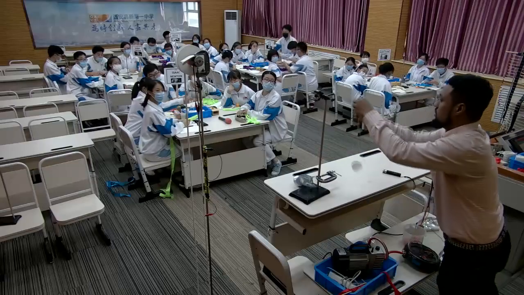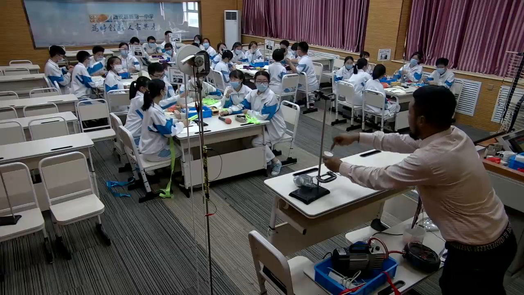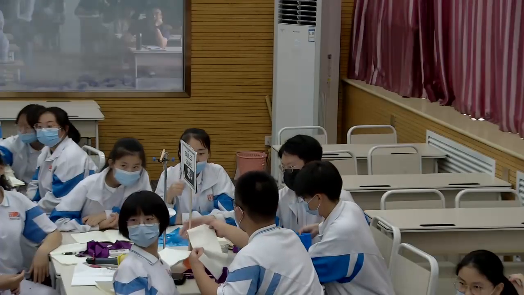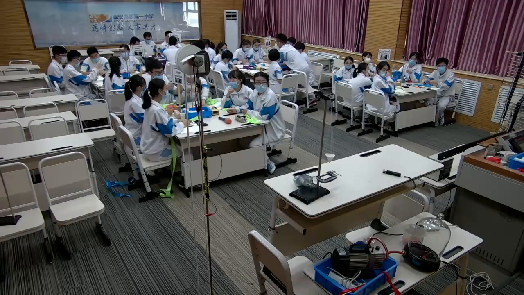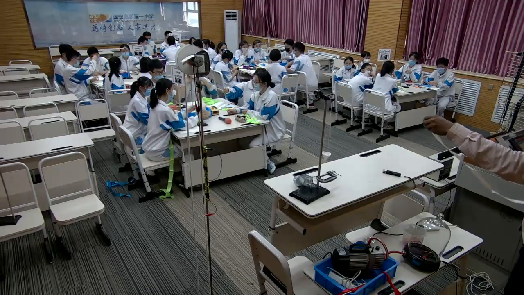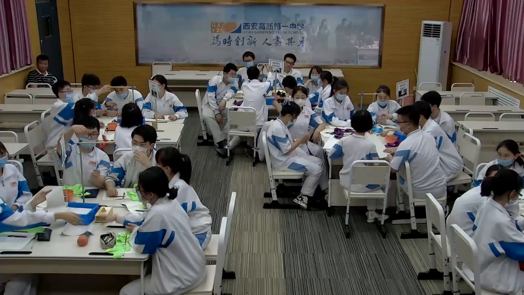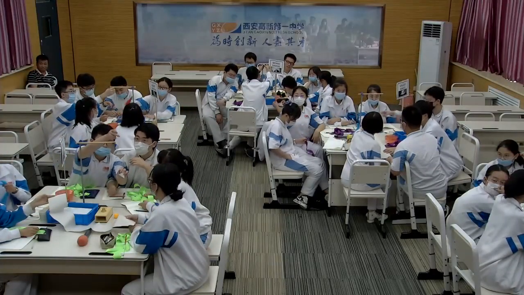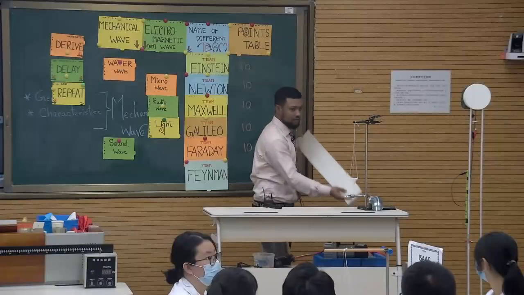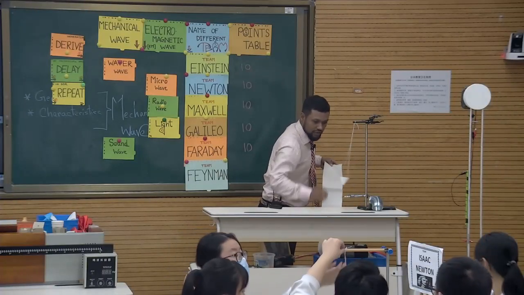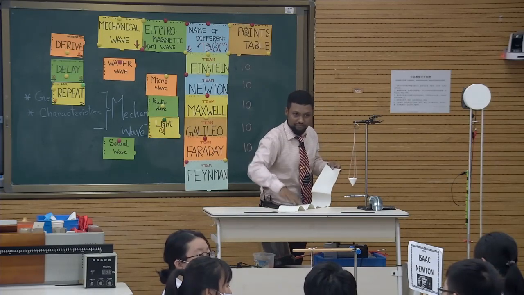So you can just fix it over here on the clamp. All right, you need to put the sand here, and with the sand it will go left to right, like it will oscillate, and you are having a big paper. With this paper, two people, one person will hold it here. First, try to understand what I'm doing. So one person will hold it this side, another person will hold the other side. While it oscillates, at that time you just go very quickly on it. Then you can see something here, okay?